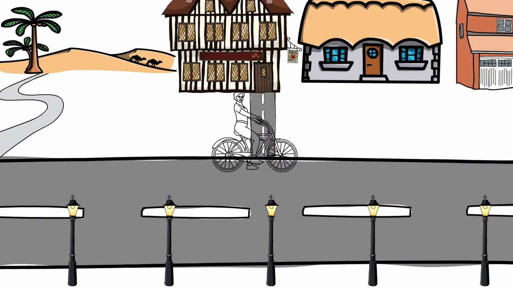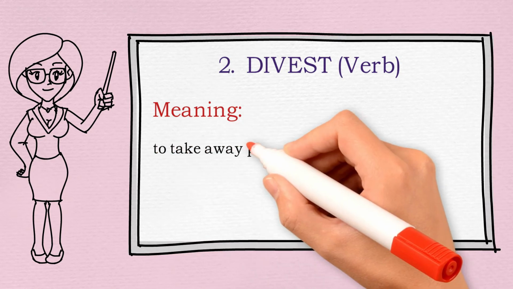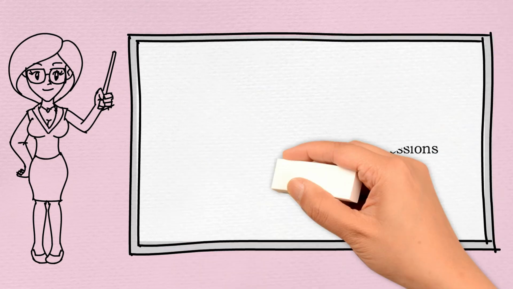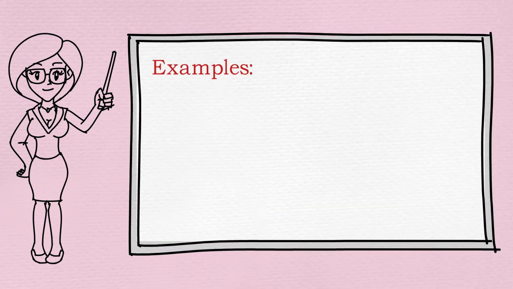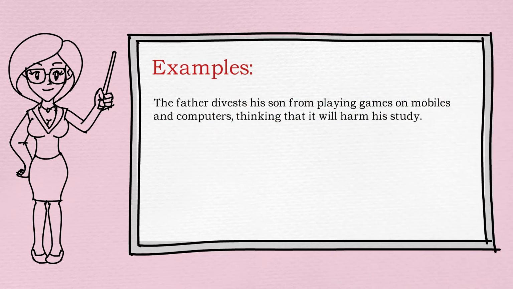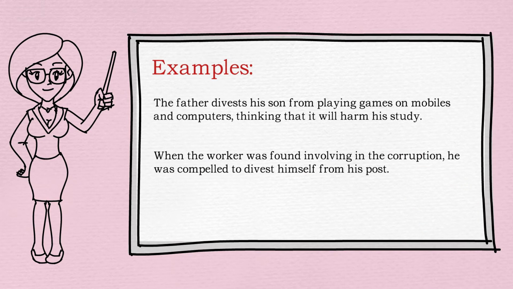The next word of the day is Divest. Divest means to take away power, rights or possessions from someone or something. We'll see a few examples to understand the word divest better. Example 1. The father divested his son from playing games on mobiles and computers, thinking that it will harm his study. Example 2. When the worker was found involving in the corruption, he was compelled to divest himself from his